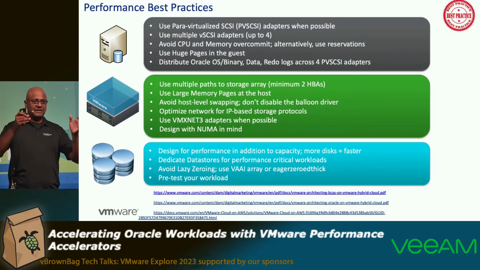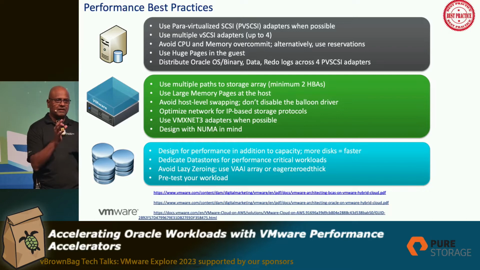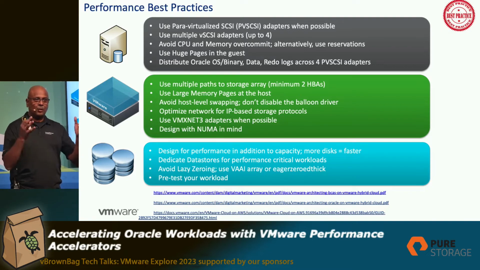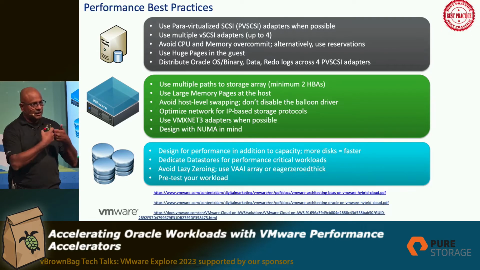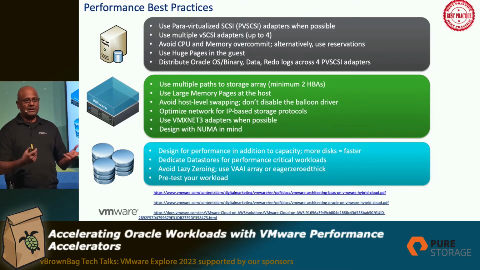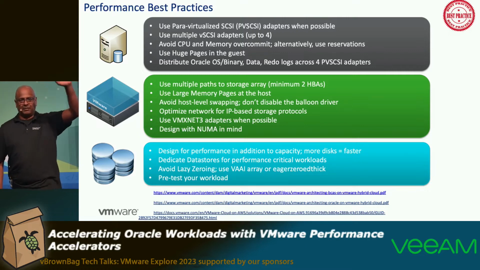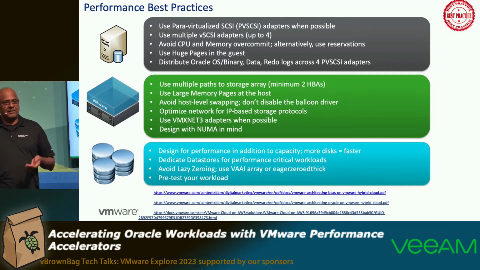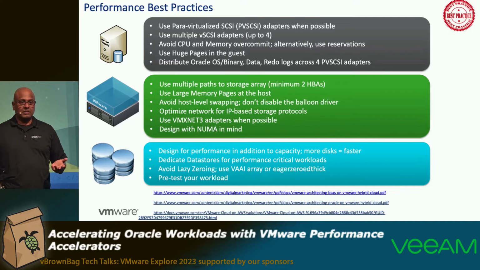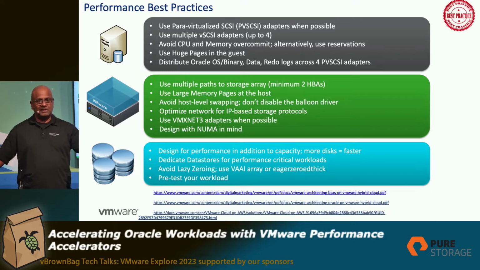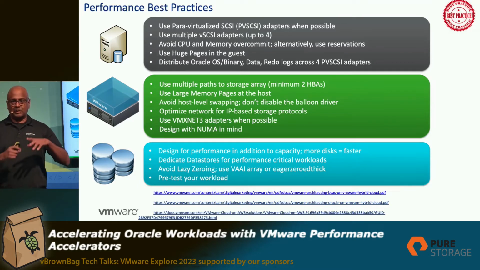Why? Because you have ESXi that has an I/O scheduler. ESXi has a mind of its own. You don't want the guest operating system I/O scheduler to collide with the ESXi I/O scheduler. You want things to go down the pipe, right? VMware PV-SCSI adapters. Everybody has heard of PV-SCSI adapters, right? Everybody knows about VMXNET3. Should I just leave it at default queue? Yeah, you could. But will your workload work? No, it won't. So what do you do? You increase the queue depth of a VMDK, increase the queue depth of PV-SCSI, right?